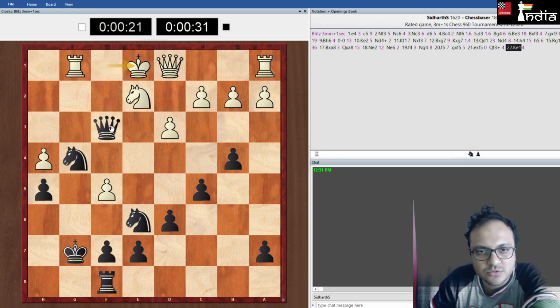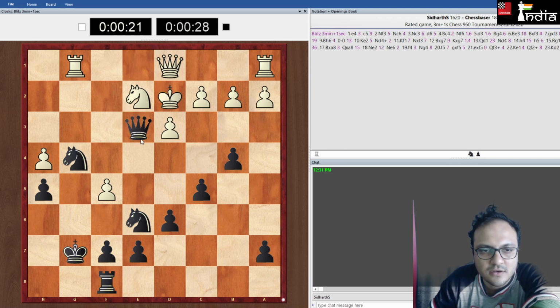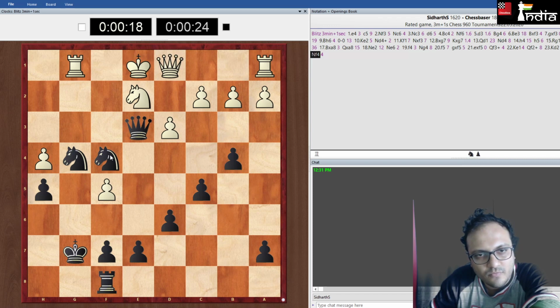Where do I go? Check here. Check. And now maybe knight f4. Rook takes g4.